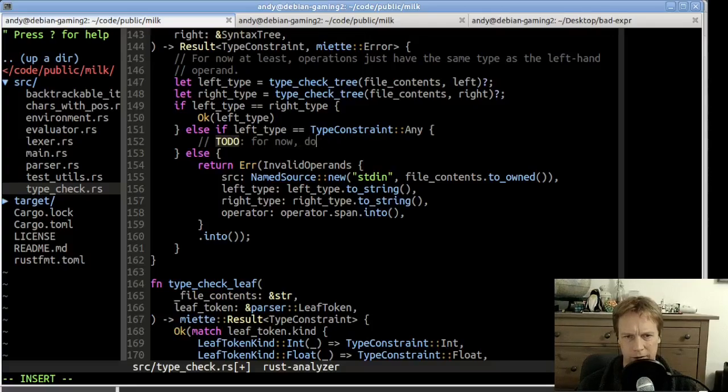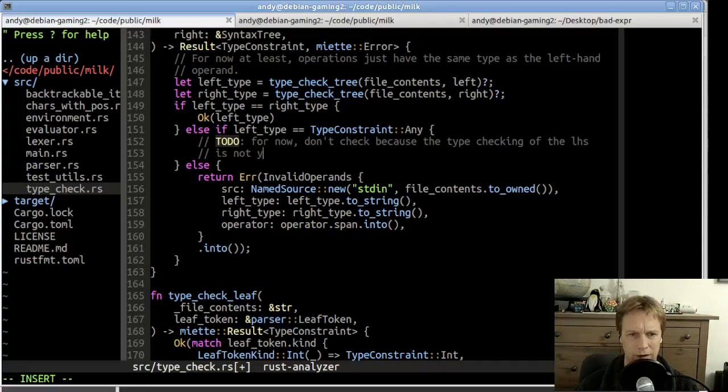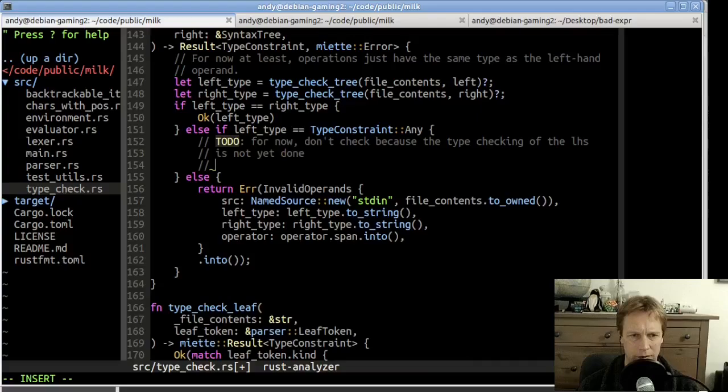Don't check because left hand side is not typed. I guess this is because the type checking of the left hand side is not yet done. So we'll just say